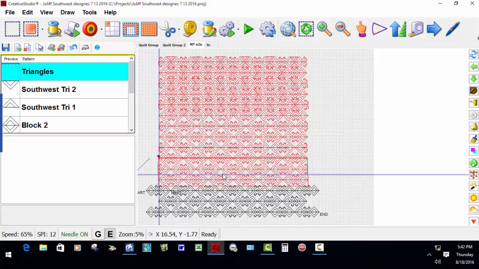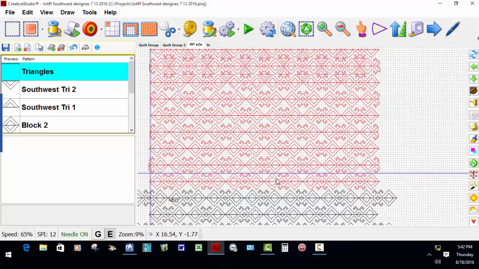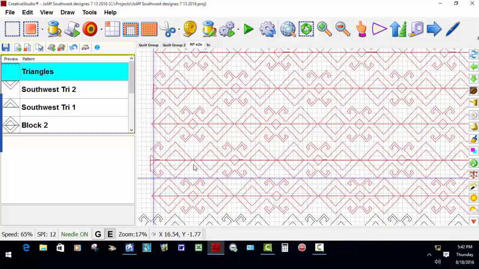I am finished with these two rows. I'm going to delete my boundary because I don't need it. I will draw a new boundary when I quilt the next two rows. So my next item to quilt will be the triangles that will fill in the unquilted spaces in these areas like this. So I will go to the triangle